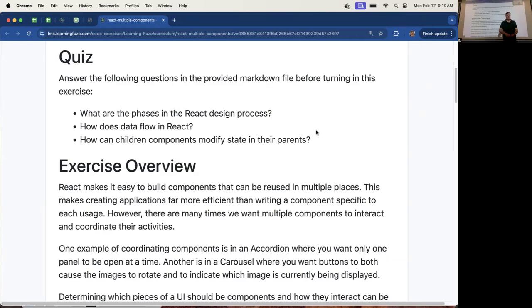Caroline, what are the phases? So we have the layout. You do the layout. Then we need to determine the state. And then we need to see the events. Now with multiple components on the same page, the layout is going to include which things should be